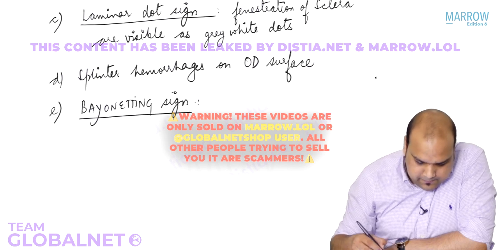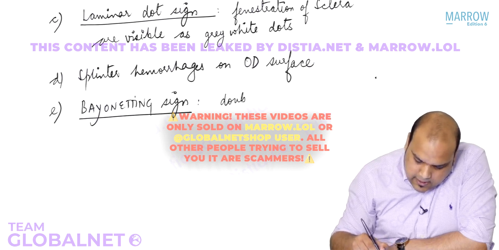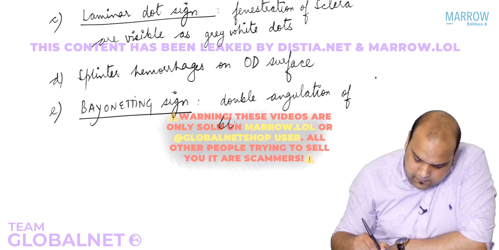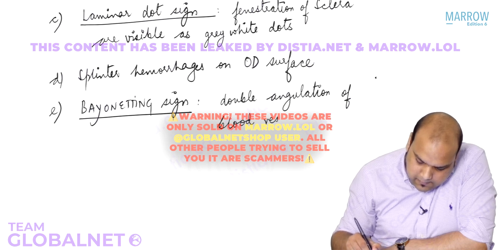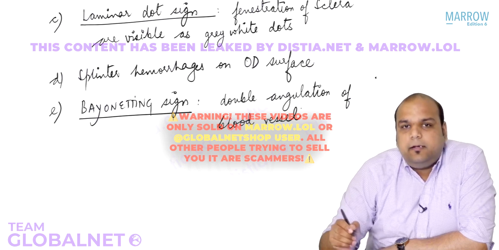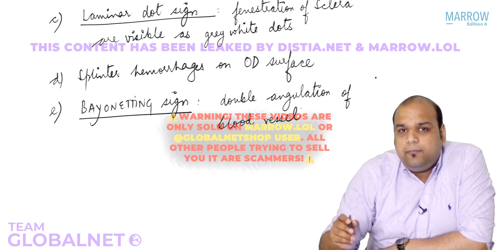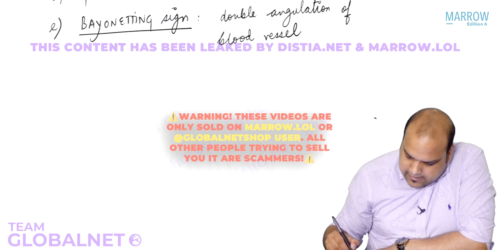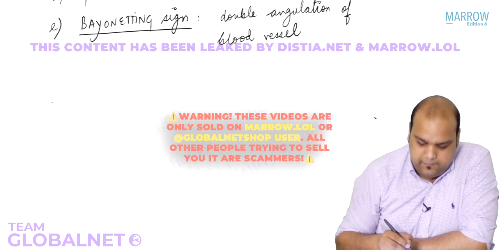Bayonetting sign. Double angulation of blood vessel. Double angulation of blood vessel. Let's try to understand this. Bayonetting sign. Okay, everybody? Now, normally,